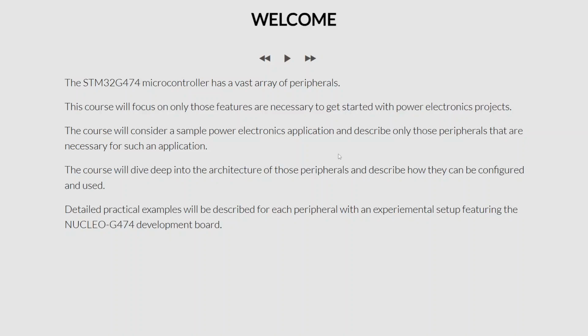And in all these particular examples, not only will you learn the theory such as architecture of the peripherals and the registers and how they need to be configured, but we will also have detailed practical examples with code along sessions where I will be describing how you can build examples